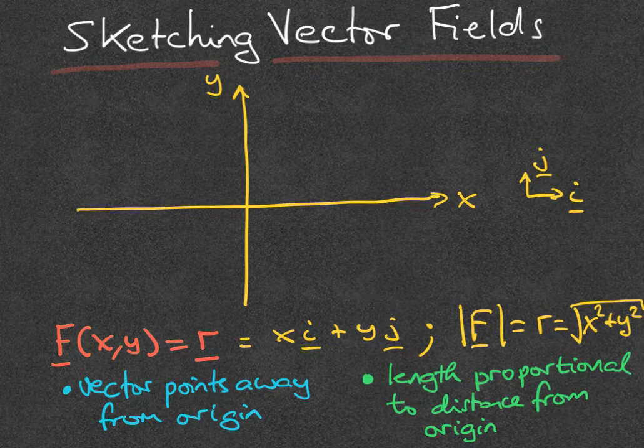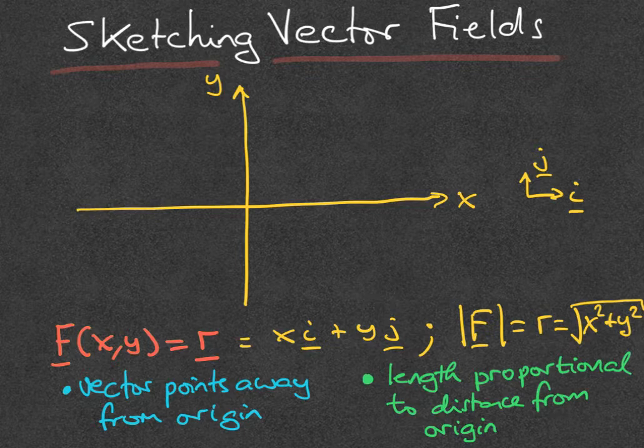and I suggest you have a look at them, try to do them yourselves, and then I will give you the answers. So here is our example. We have a vector field, depends on x and y, and it's equal to r, where r is the position vector. In other words, it is xi plus yj, i and j being the unit vectors in the x and y directions. So the magnitude of F is the magnitude of the r vector, and that we write as r without the vector,